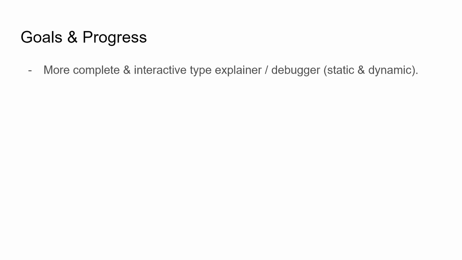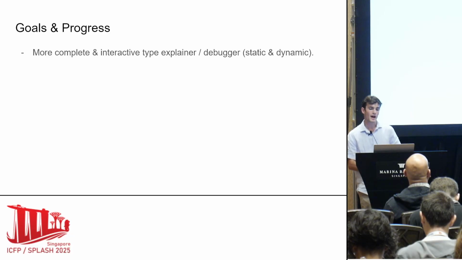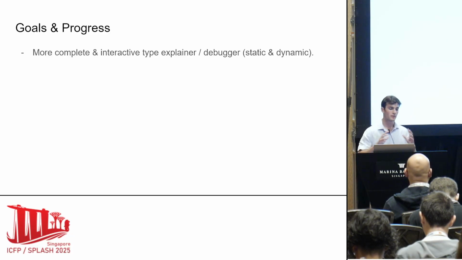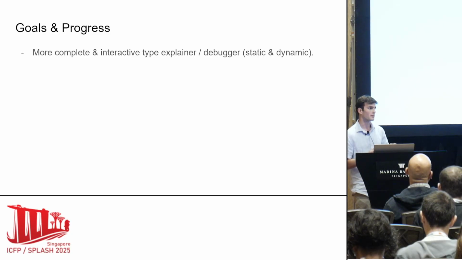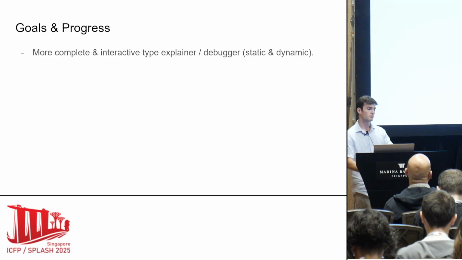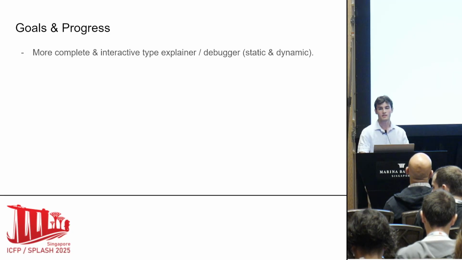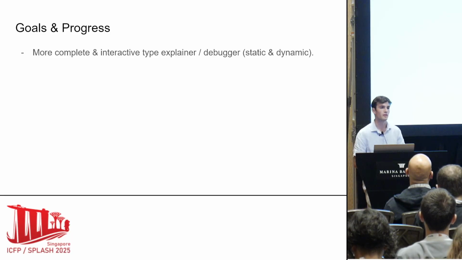First thing, I want this to be complete in the sense that it will include all the information in the program that contributed to the type of an expression. And as a complete system like that ends up highlighting quite a lot of code in some cases, I want this also to be interactive. So you could look at a type and say, it's a huge function, loads of different arguments, this particular one didn't really make sense to me. I want to focus on that, basically. And it also works for dynamic errors as well through cast systems